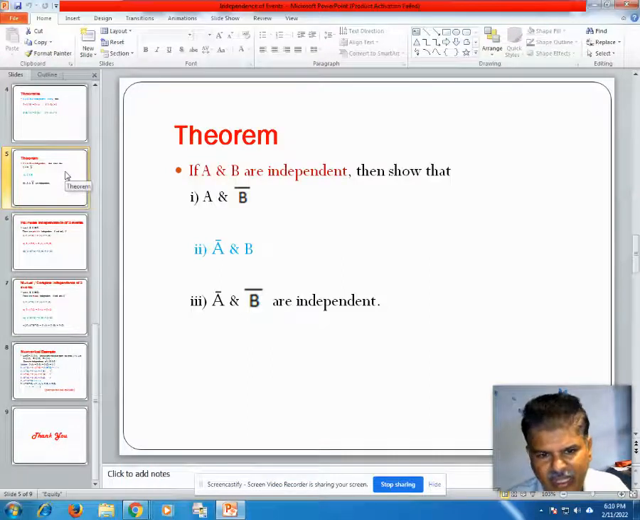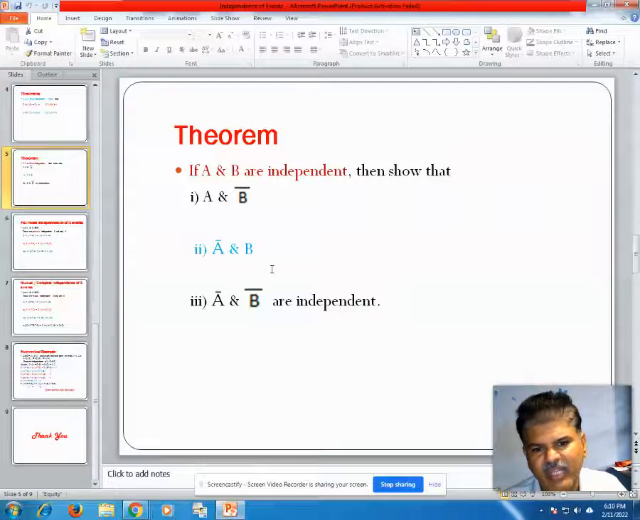Now, if A and B are independent, then we have to prove that A and B complement are also independent, A complement and B are independent, and A complement and B complement are independent. It is very simple to prove that A and B complement are independent, since P of A intersection B complement